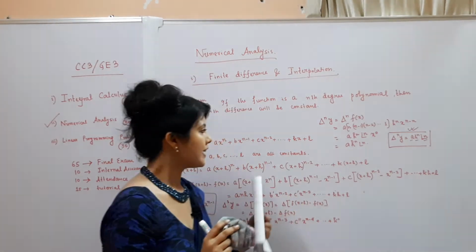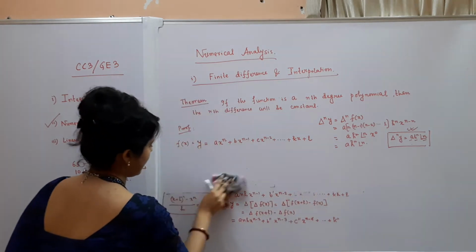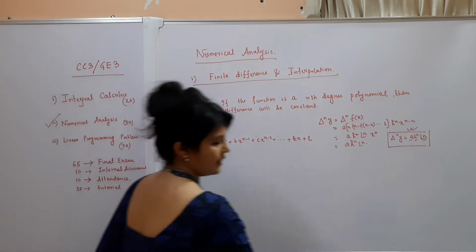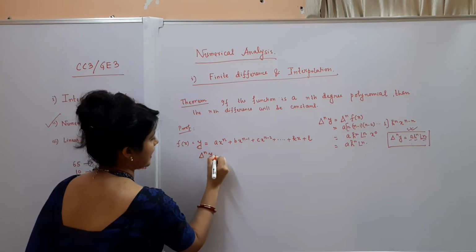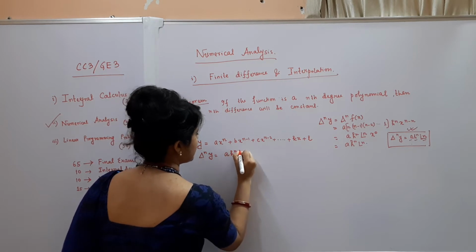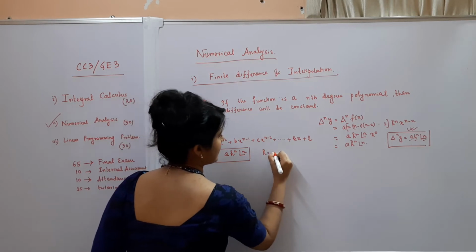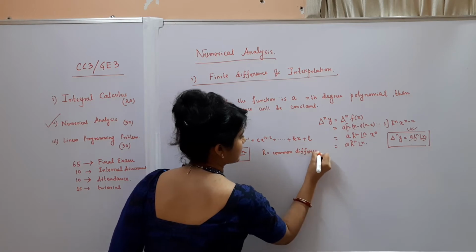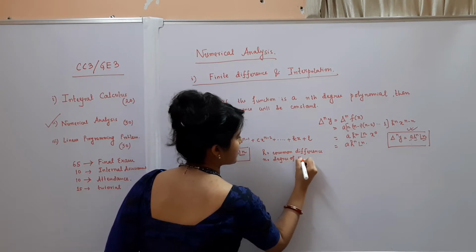Now coming to our next class, I have already discussed that if y is an nth degree polynomial, then delta n y is equal to this. That is, if y is an nth degree polynomial, then its nth difference is constant. And what is the expression? That is a h to the power n factorial n, where h is the common difference and n is the degree of the polynomial,